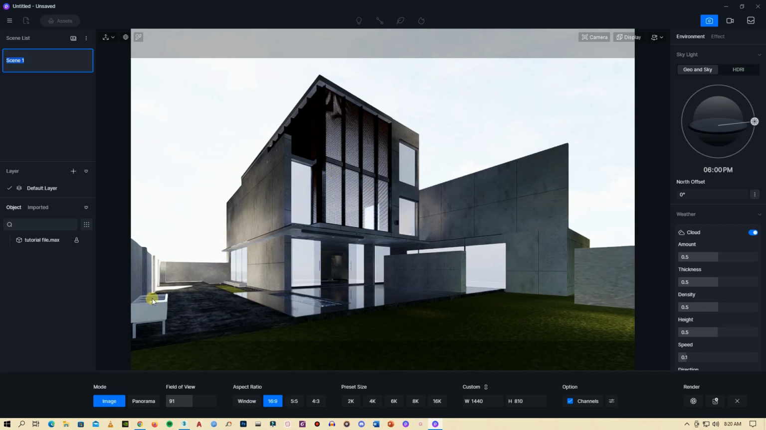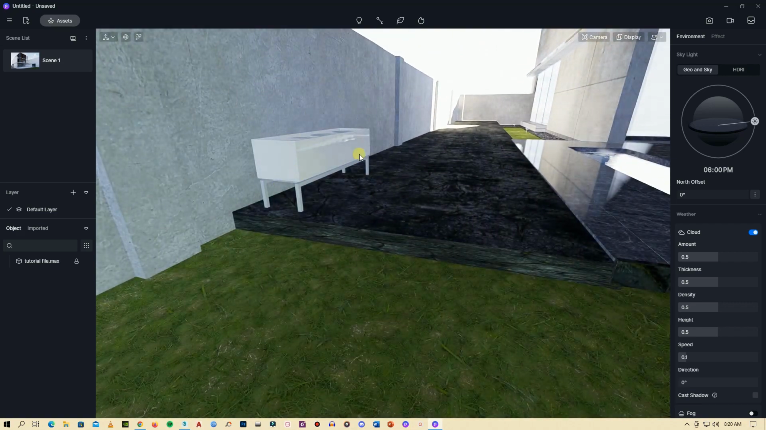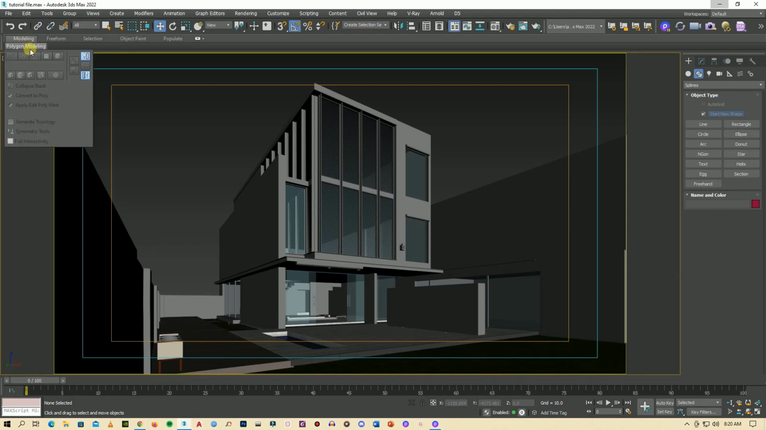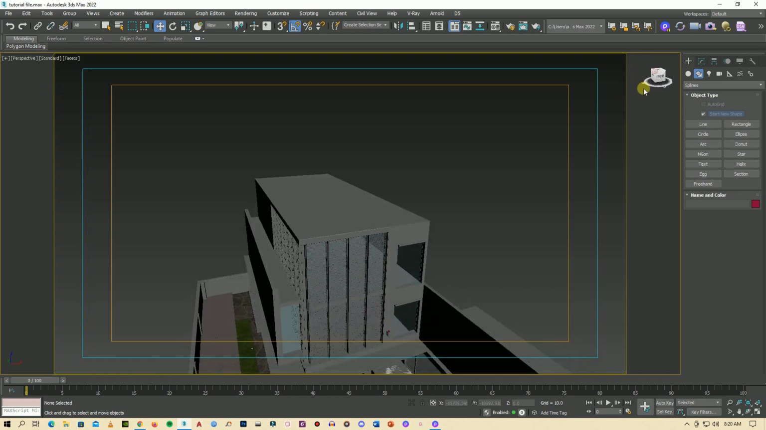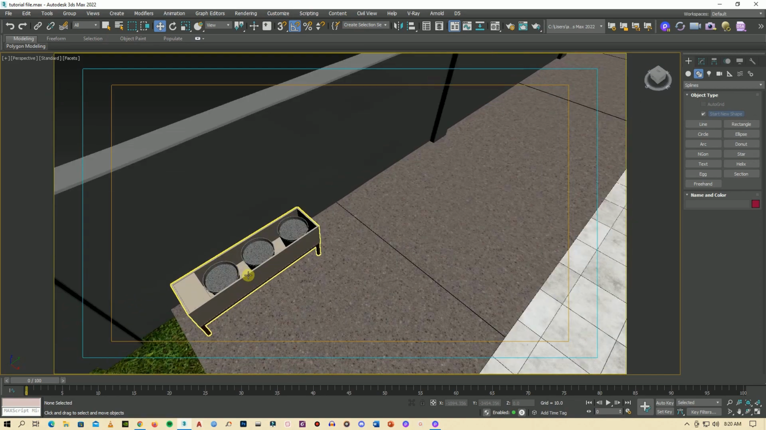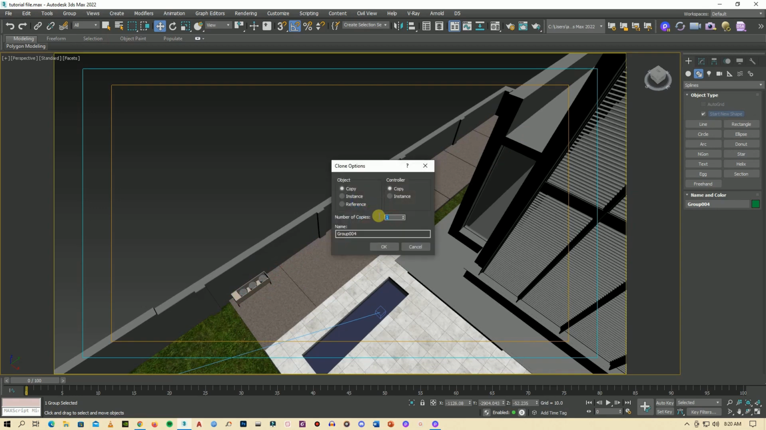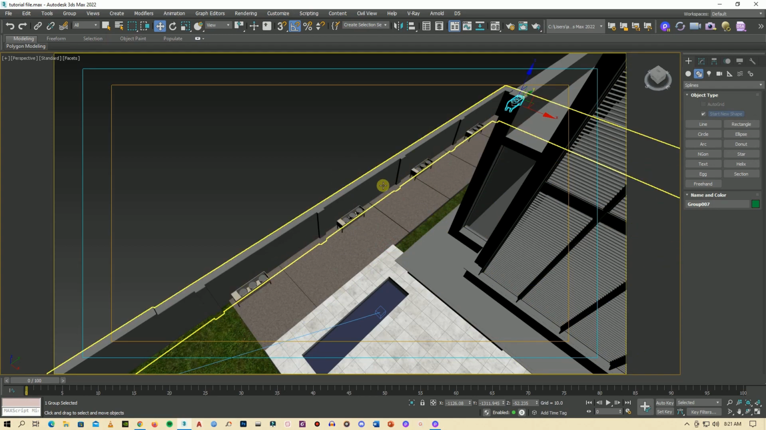But one thing that is grabbing my attention is there is a plant box here in the corner, in the left corner. Here it is. There's only one planter box. So what will I do? I will go into 3dsMax and copy the planter box into 4. I will type here 4 number of copies. So now we have 4 planter box here,